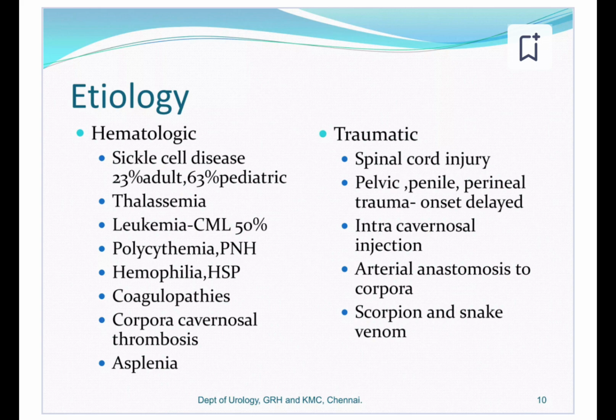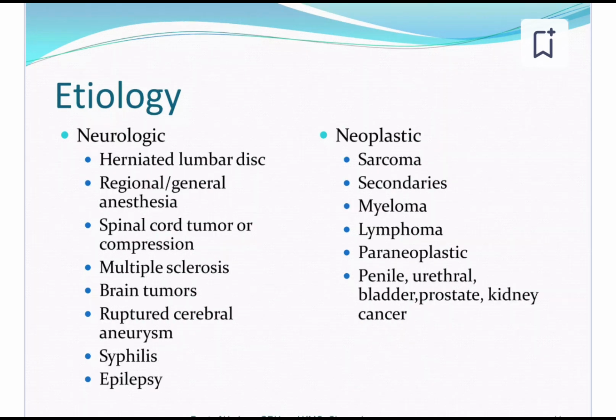The various neurogenic disorders leading to ischemic priapism include spinal cord injury, cerebral vascular accident, brain trauma, or spinal or general anesthesia. Multiple malignancies, because of metastasis or regional infiltration, can lead to ischemic priapism, including CA prostate, urethral carcinoma, testicular tumor, or bladder growth. The various medications that can also lead to ischemic priapism include vasoactive erectile agents like papaverine, phentolamine, prostaglandin agonists like alprostadil, or the combination of intracavernosal therapy.